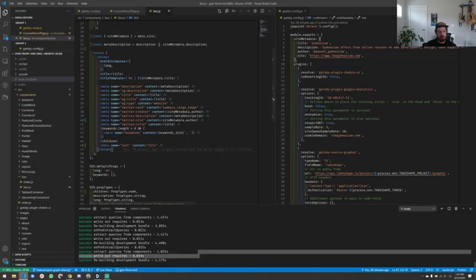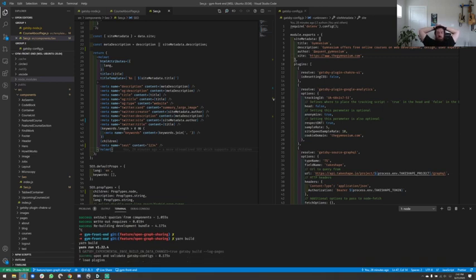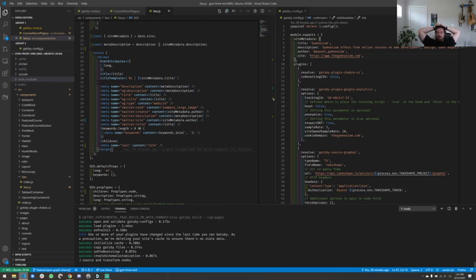Tell you what, let's try one other thing. If I do a yarn build, that'll populate a build directory with all of the content from our site, and we can go and inspect. We can serve the site and inspect what happens from a production build, which is definitely different from a development build. That may be the key here.